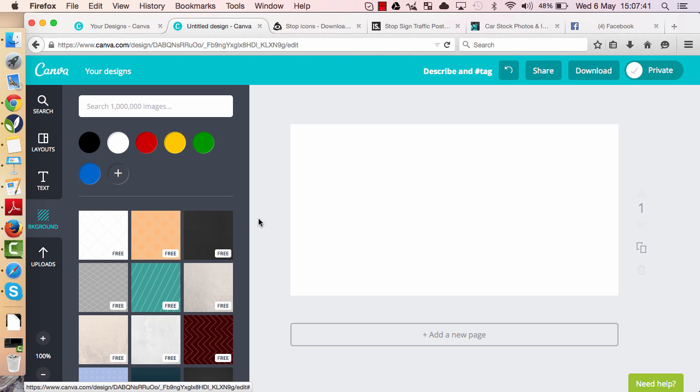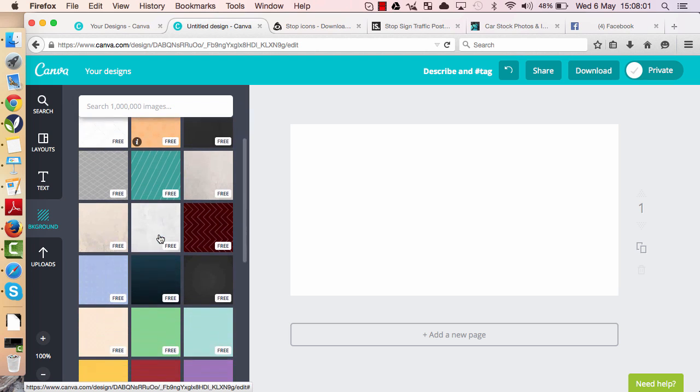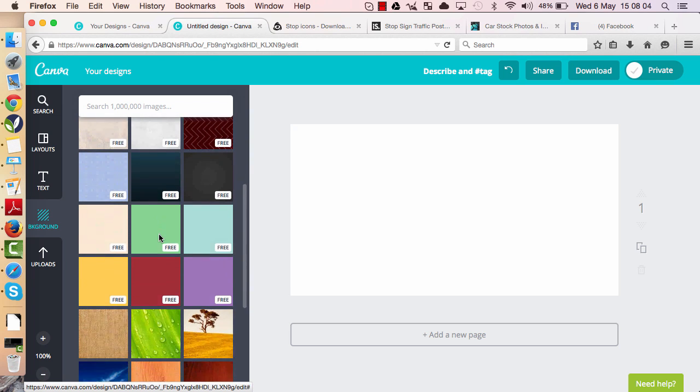So if we remember, Facebook is very white and very blue, so we need colors that are contrasting to that, that are going to pop and make that person's attention be drawn to your advert. But we don't want to do it in such a crude way that it doesn't look professional for your business. So they have some default images here that you can use as a background for free, and then